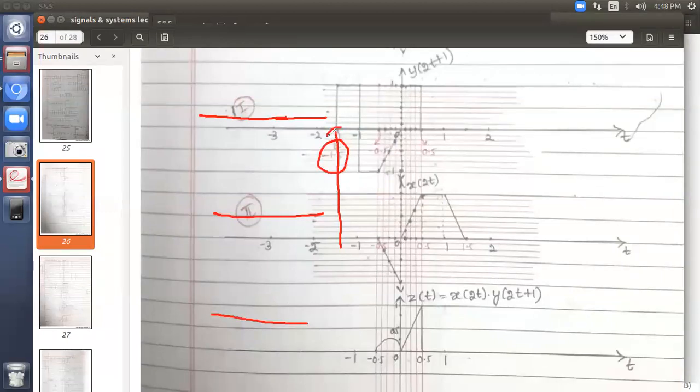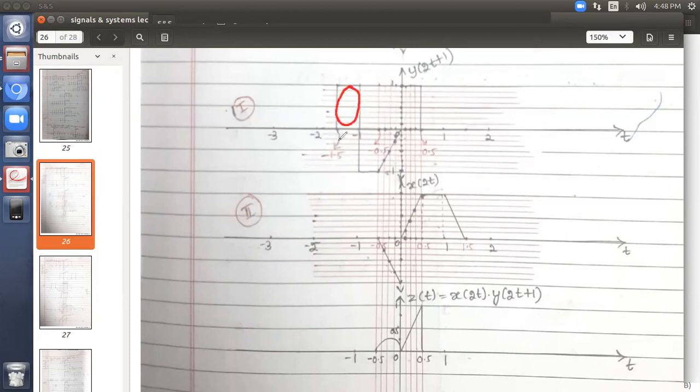Then coming to this point. Let's start with this pulse, which is between minus 1.5 and minus 1 with the amplitude 1. If you multiply this pulse with nothing, we don't have anything here, 0. So 1 into 0 is 0. Hence, observe here, let me draw this vertical line. Here the amplitude is 1, here the amplitude is 0. So I don't have any amplitude here. The multiplication result is 0.